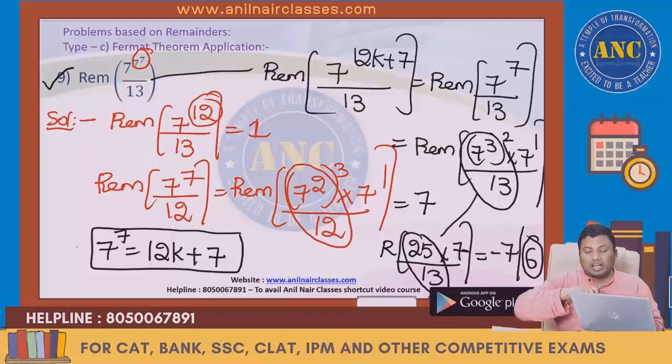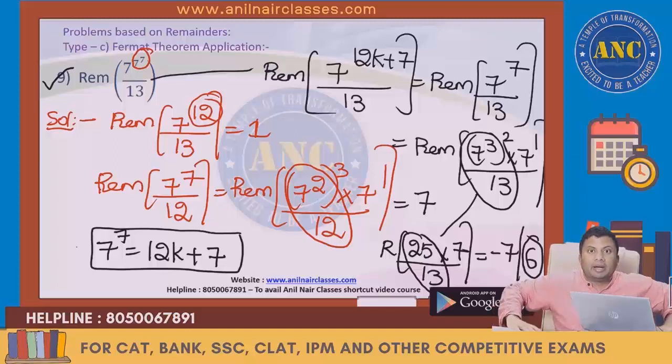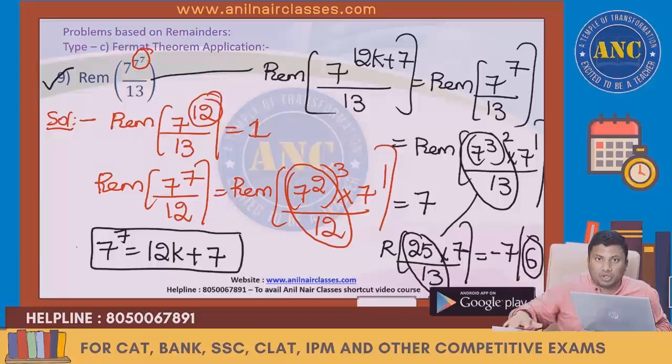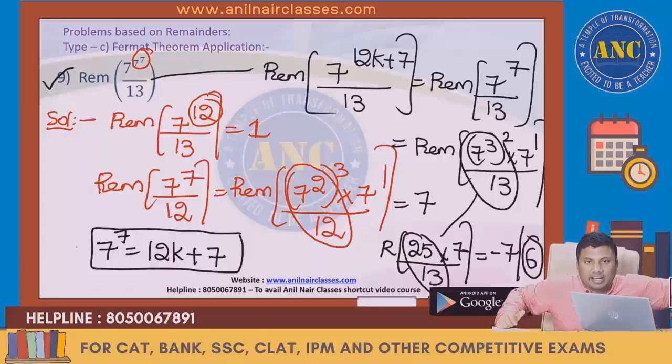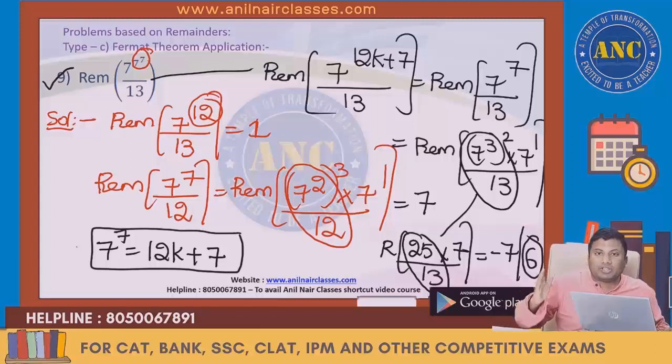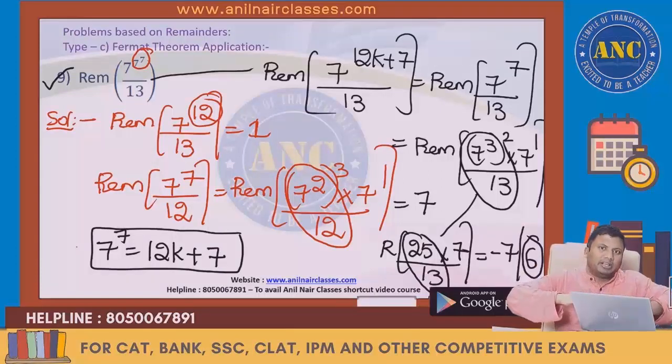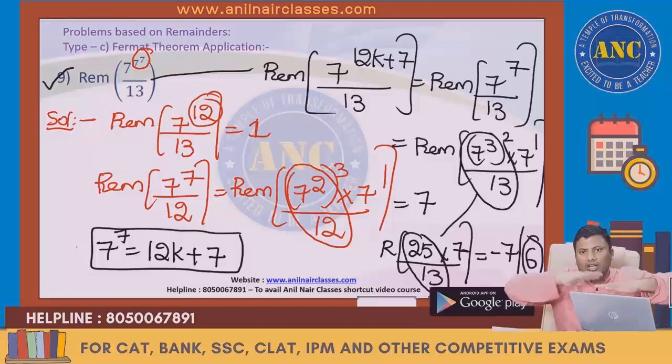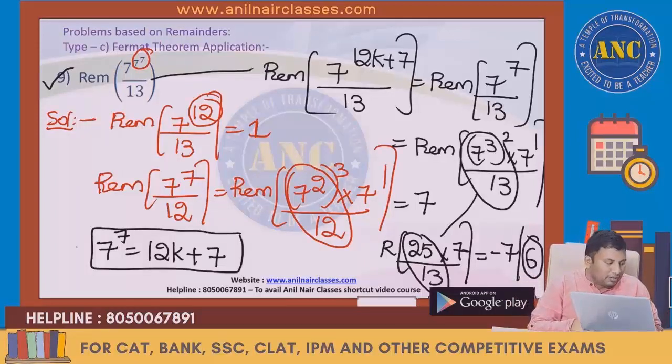Listen carefully to this concept. After half an hour, 1 hour, you will solve remainder problems using answer options. Extremely important for any student who is writing aptitude exams where number system is a topic. Extremely important for CAT students, SSC students, bank level students and placement level students. Very important. If you know these fundamentals, the next level of questions, you can solve very fast.